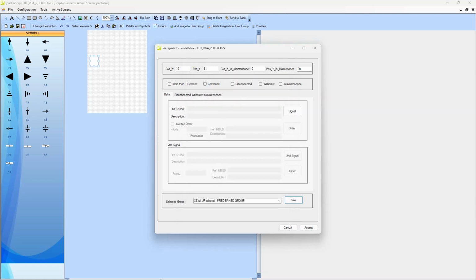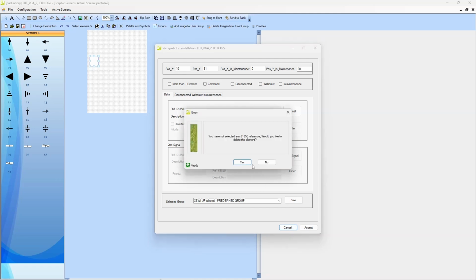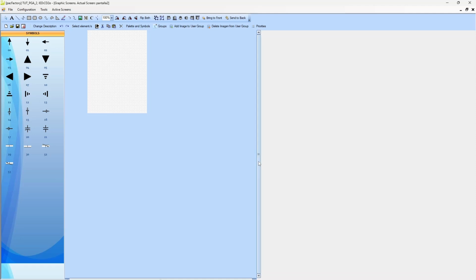Nonetheless, these image groups may not fulfill the requirements for some configurations, bays, or customer specifications. Therefore, customized image groups and images shall be created in the local display editor. First, we will configure a customized image group with the default images included in the local display editor.